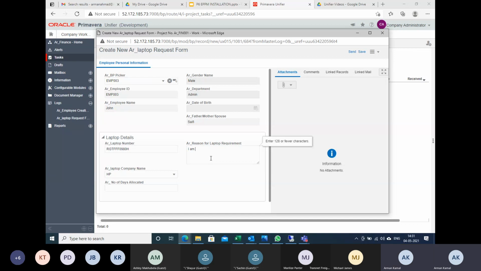I am a planning engineer and I need to create a lot of documents for which I need a laptop. So you can see that multiple lines of details I can enter.